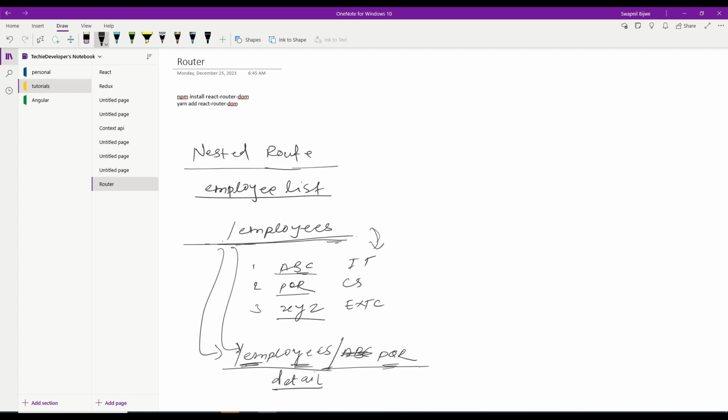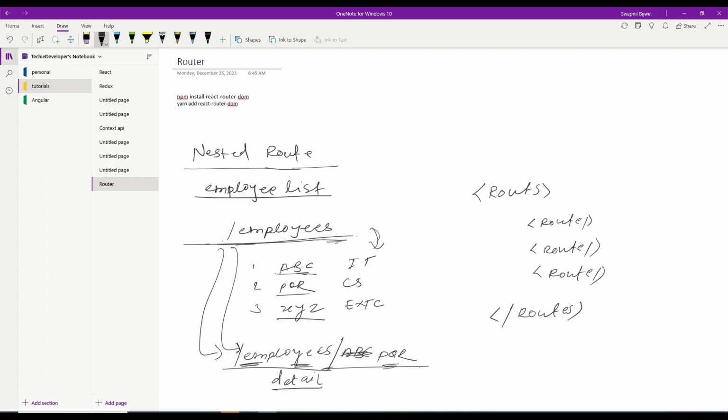So till now we have seen routes, and inside that we have multiple routes. We have created multiple routes: contact, about us, and home. So these are the three routes we have created now, and this is the overall structure as of now.